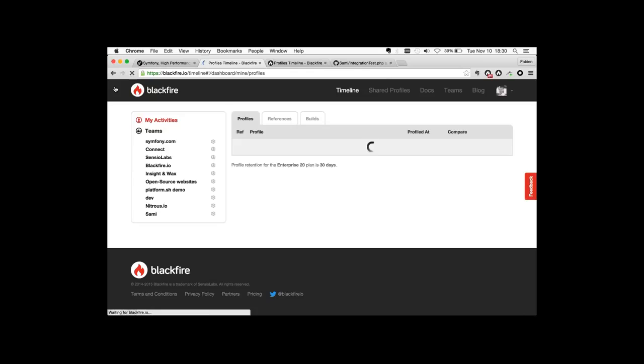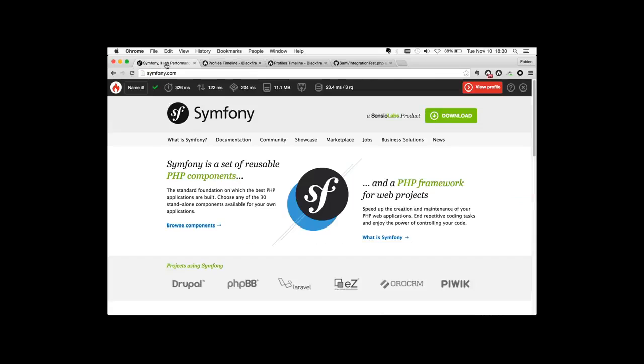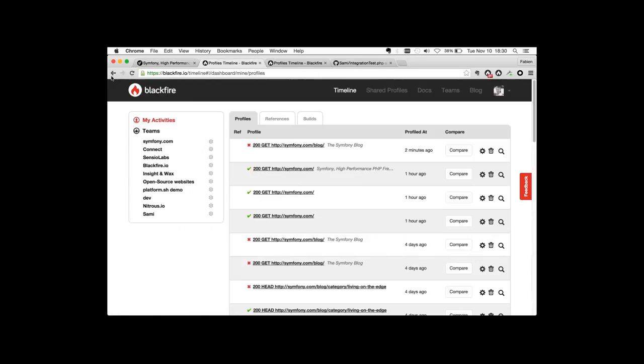And one of the great things about Blackfire is the fact that we are storing all your profiles on our servers, which means that you can compare a profile from today with a profile that you took a couple of months ago, for instance, or a week ago, so that you can compare version 1 of your product or the master branch of your product or the version that is online with the current version of your website. Right. When it's done, here I'm going to refresh, and I can say that I want to compare